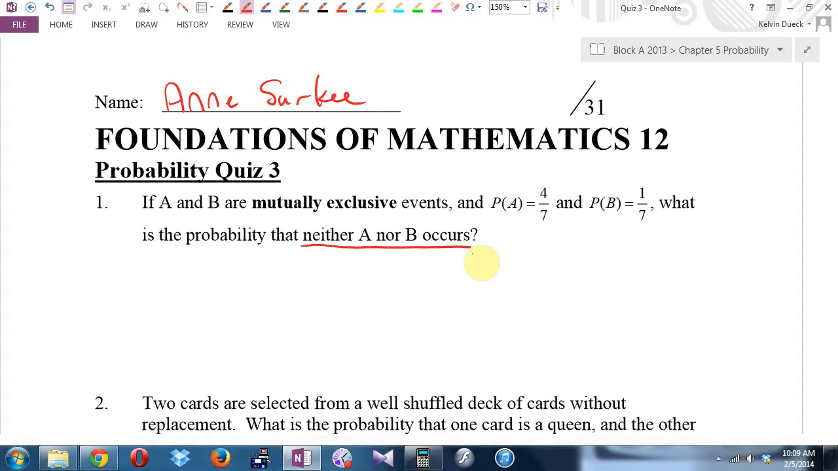I do that on purpose to prepare you for post-secondary, those of you that are going to post-secondary, which is most of you. You can't always assume number 1 is a gimme, is a freebie. Neither A nor B, that means not A or B. It's going to end up being